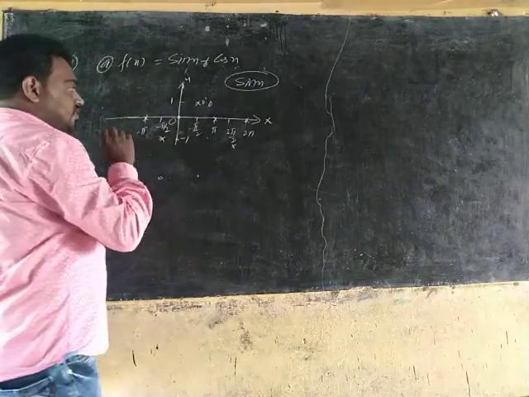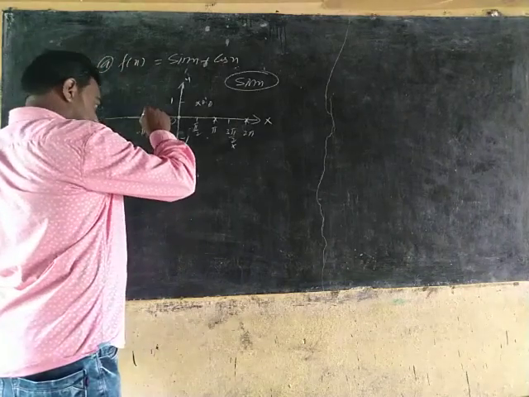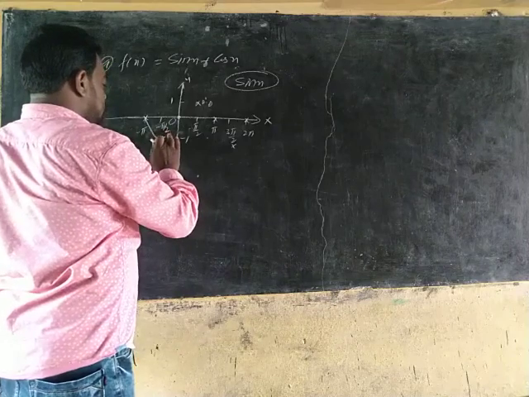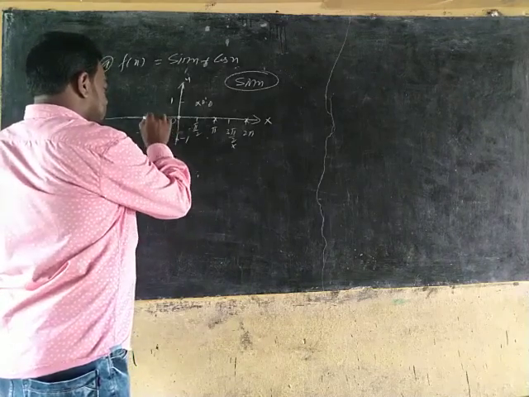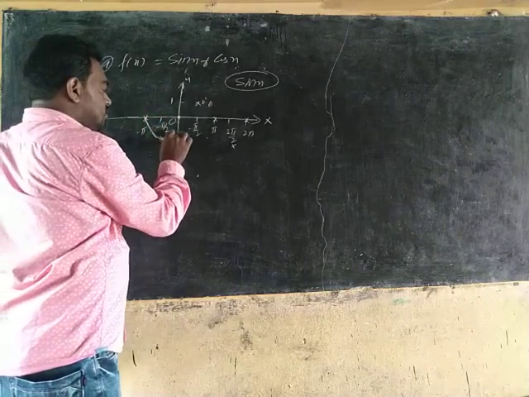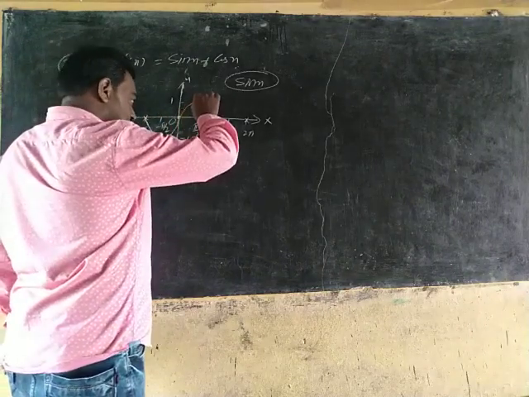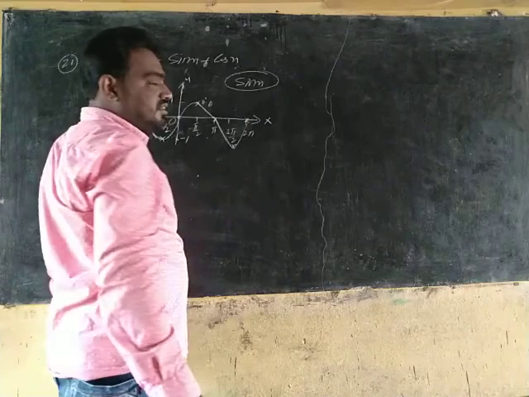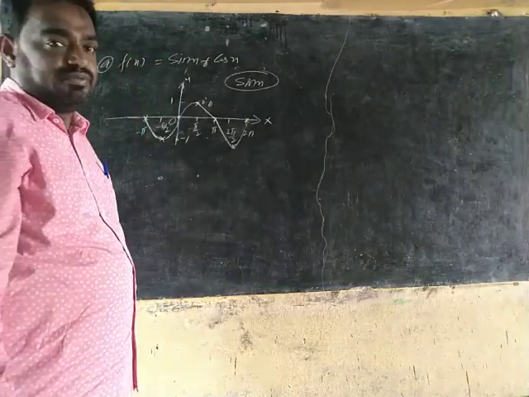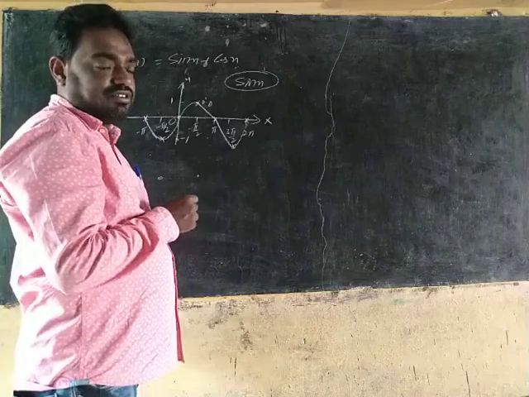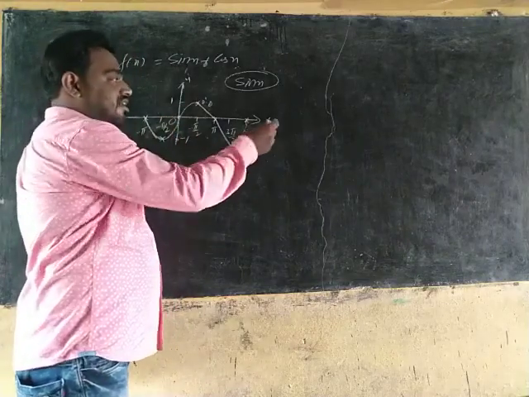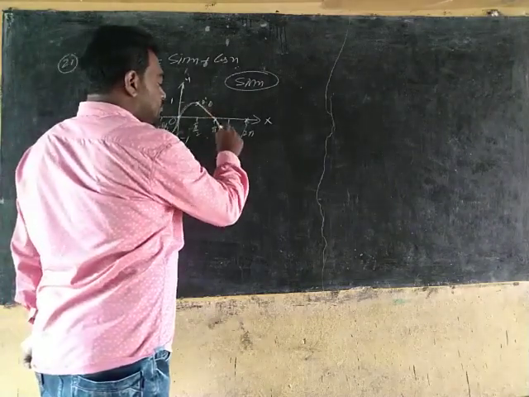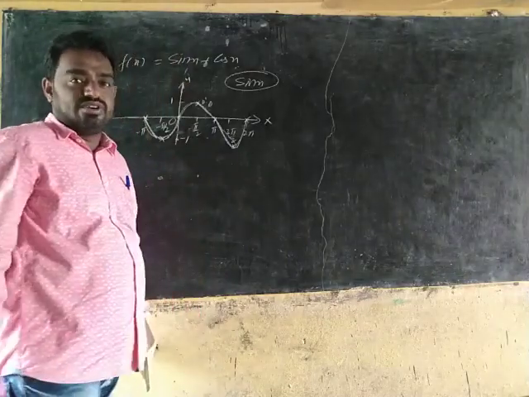You see, if we want to draw this graph, how are we drawing it? Here I started here. Without dropping the chalk, I am drawing this graph. By the definition of continuity, what I told, if you draw a graph without dropping the pen, then that function is called a continuous function. So this one, without dropping the chalk, we are drawing this graph. So it is continuous.